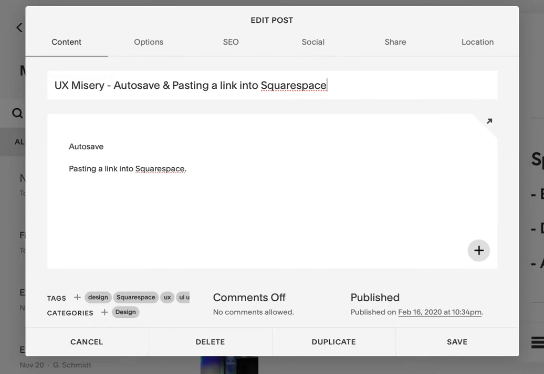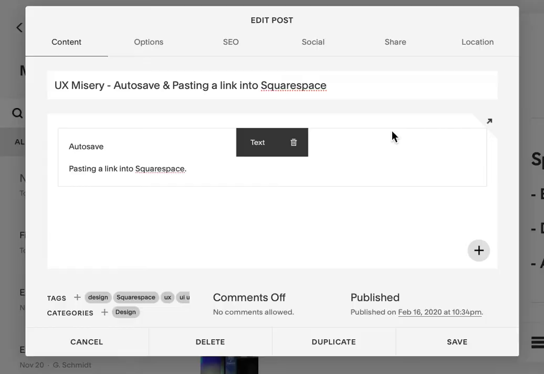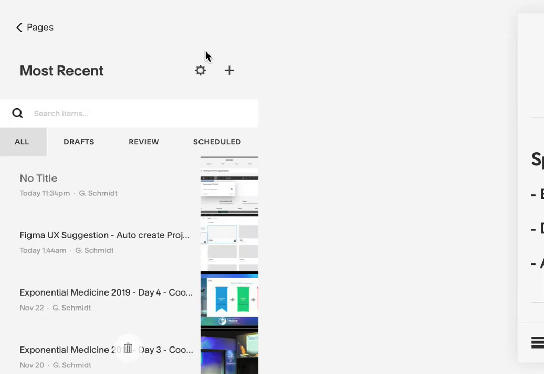Now, don't get me wrong, I love Squarespace, but there are two things about the platform that drive me really insane, mostly because I always screw it up. The first is on Autosave, and you may accidentally go in and refresh a page or reload a page or accidentally click on the cancel button, and you will find that you've ended up somehow losing essentially all of your work. And whatever post you had been writing previously no longer is there.